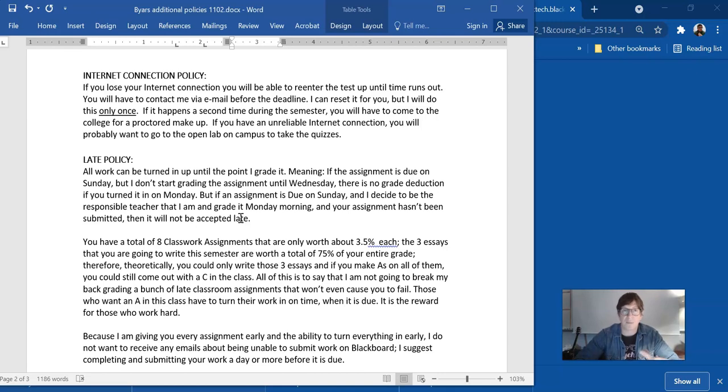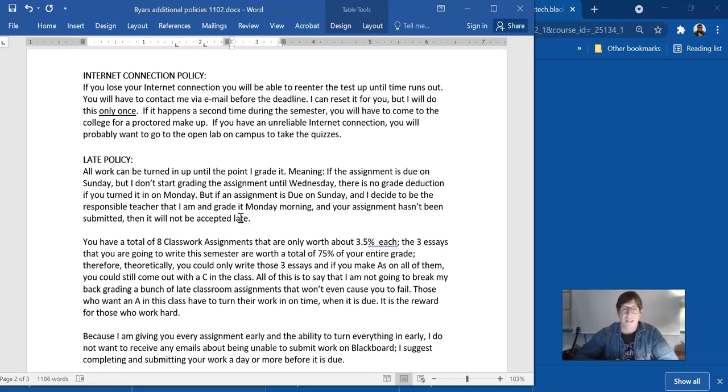So I might grade like 10 people and then run out of time and stop. Even though I've graded 10 people, if you have a blank in the grade book, that means there's still time for you to turn it in. Once I grade everybody's work, everybody who submitted, then I go into the grade book and put the 0s in for all the missing assignments. So it might be 2 days late, but if you don't have a 0 yet, you can still turn it in.